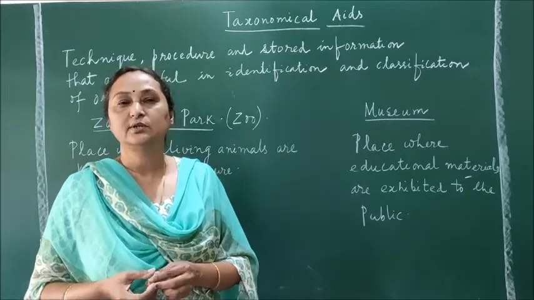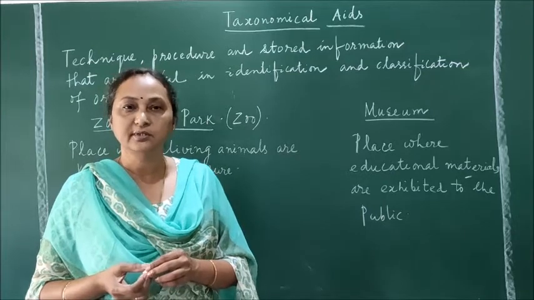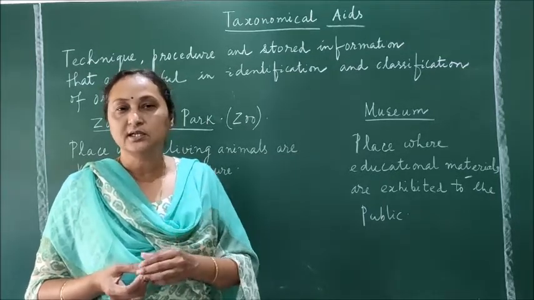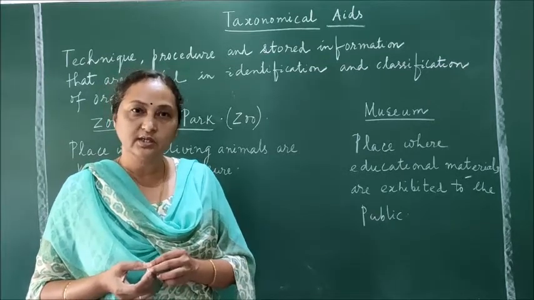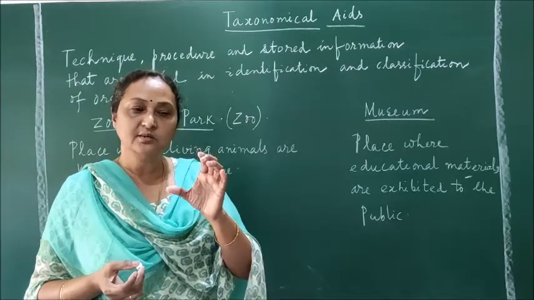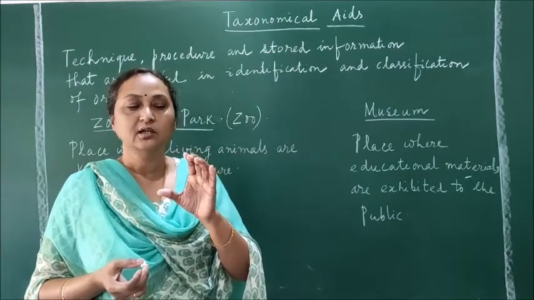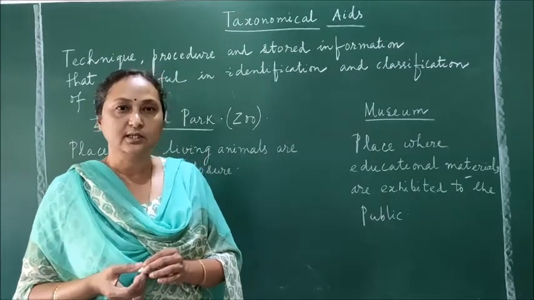For example, suppose you take the starfish. Starfish is not found in rivers; it is only found in the sea. But if you want to study the starfish, you can study it with the help of the specimen in the biology lab. And how do we preserve the specimen? We put the dead animal in formalin and it can be kept for years so that it can be used for biological studies.